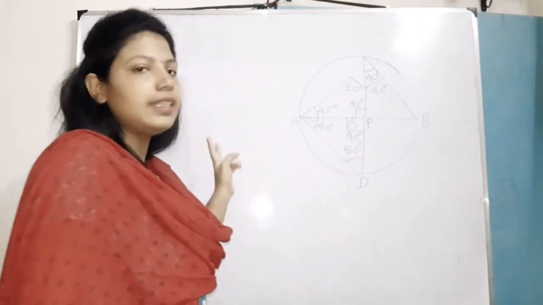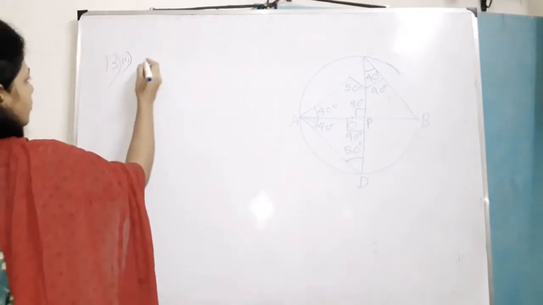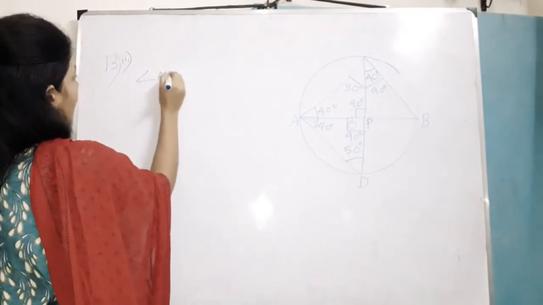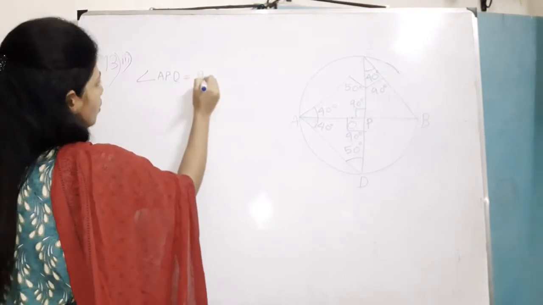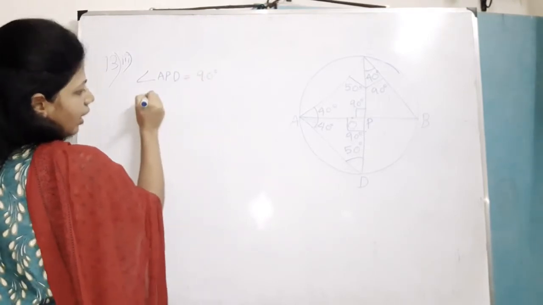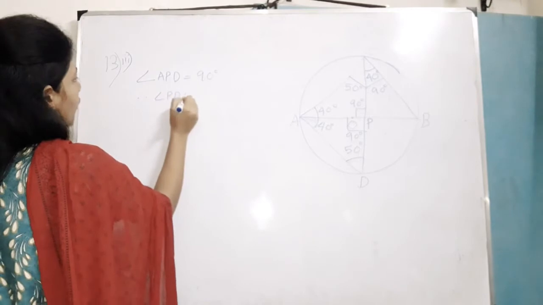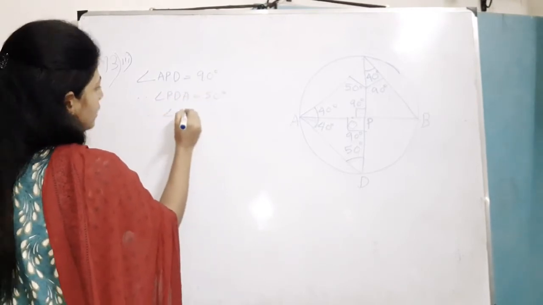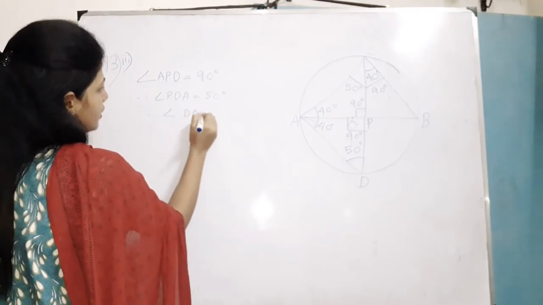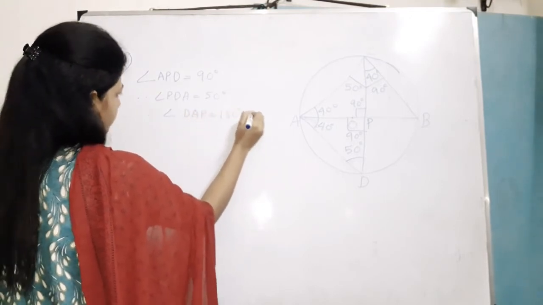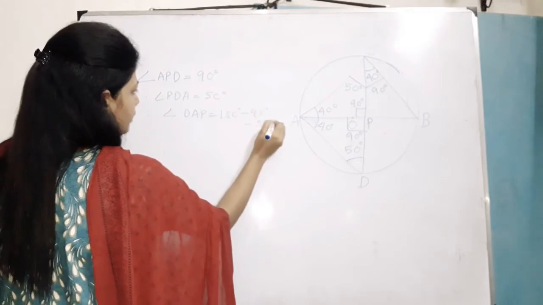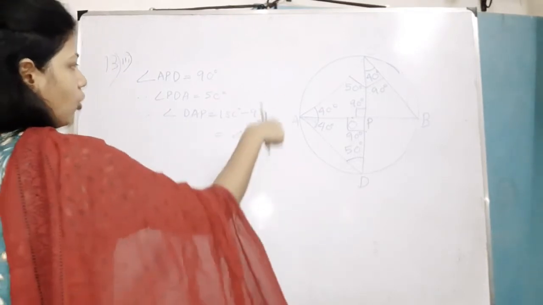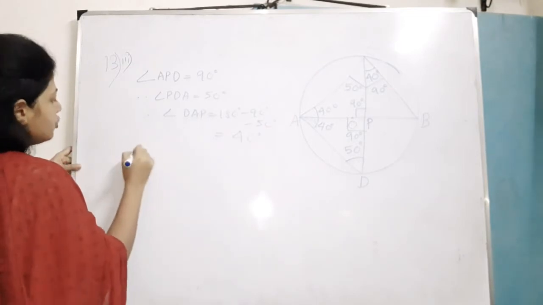I am doing here the second one. That means angle APD equals to 90 degree. Angle PDA equals to 50 degree. Therefore, angle DAP equals to 180 degree minus 90 minus 50. That means 40 degree. Okay. Now I will prove the congruency. So, in triangle